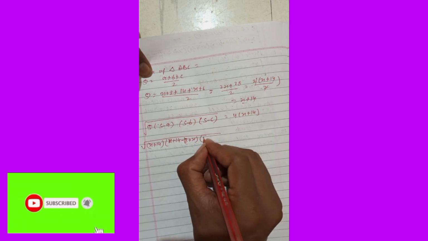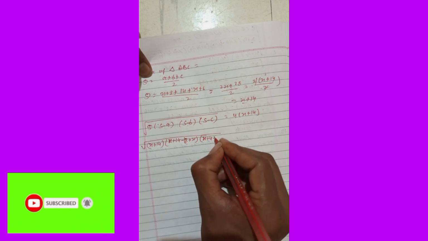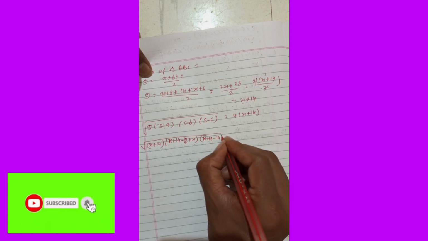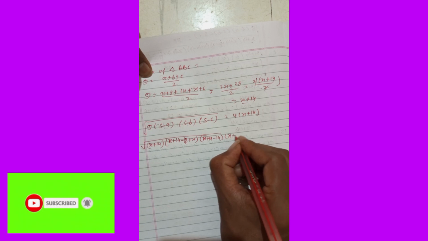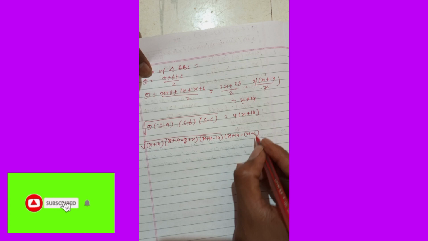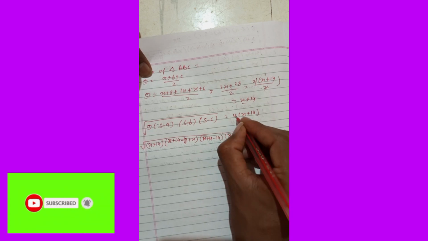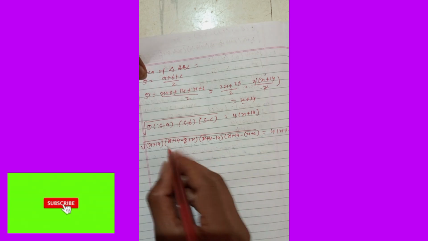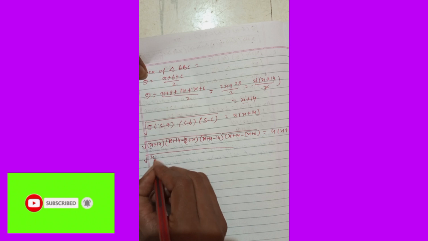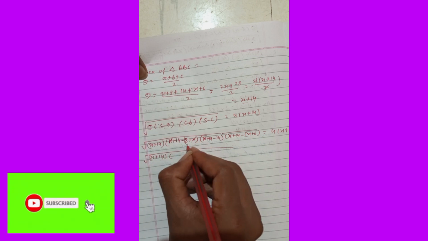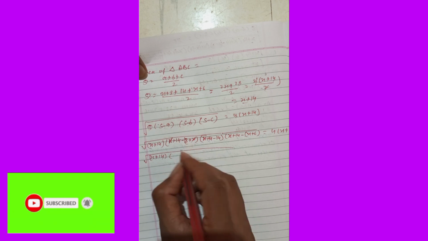Yes, minus b: x plus 14 minus b means what? 14. Next, minus c: x plus 14 minus c means what? x plus 6, is equal to how much? Is equal to 4 into x plus 14. So what it will become in that next writing, then that becomes x plus 14 as it is written. In that x and x cancel, 14 minus 8 is equal to 6.